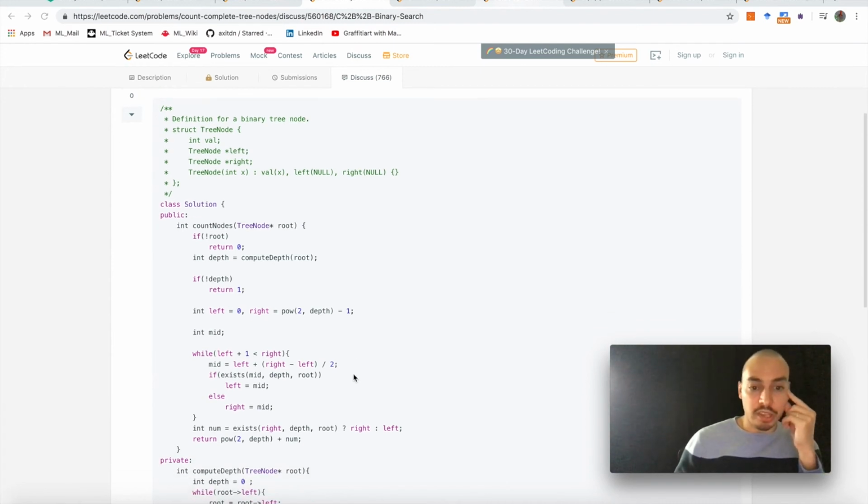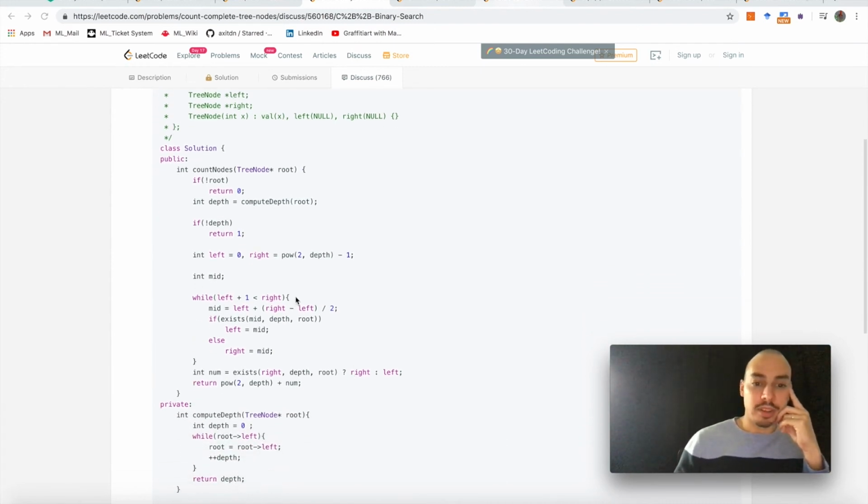And sure enough, also here we find the same concept where we iterate until the lower bound is only one neighbor away from the upper bound. And during our iteration the midpoint is exactly halfway between left and right, and then we check,